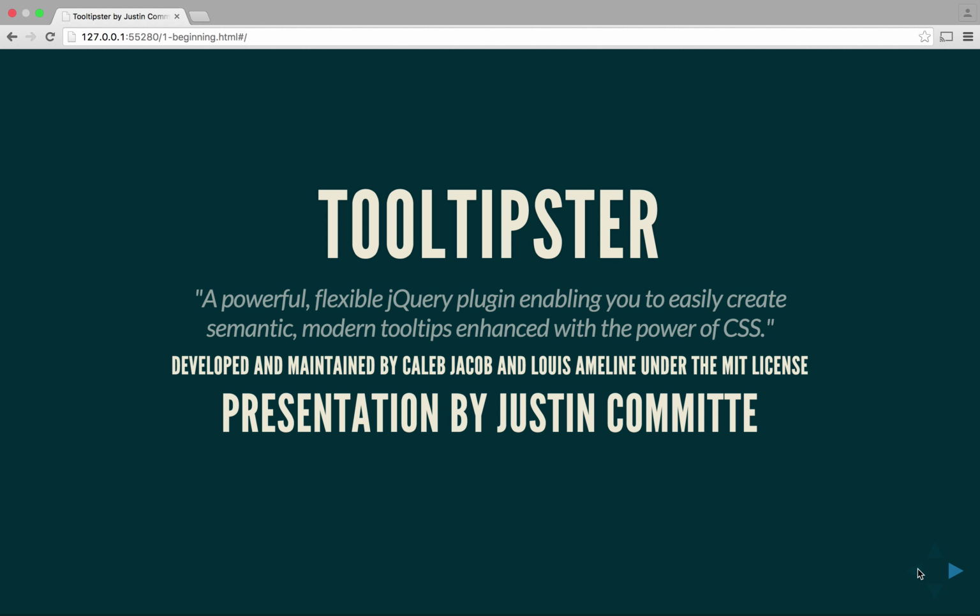I was at Full Sail in 2012 when we were learning ActionScript, and I remember how hard it was for me to make a tool tip. It took a long time and a whole other page of code and classes, and it's crazy how much easier it is with this plugin from jQuery. It's a powerful, flexible jQuery plugin which enables you to easily create semantic modern tooltips enhanced with the power of CSS. It was developed and maintained by Caleb Jacob and Louis Emelane under the MIT license,